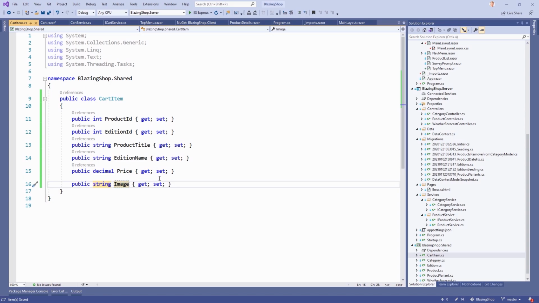Okay, so you see here are information of the edition, the product, and the product variant. We've got the price, which is from the product variant, the edition name, of course, from the edition, image from the product, title from the product, and so on. And we've got all this in one model now, and we use this as DTO, as data transfer object, because when we get these things or the information, we